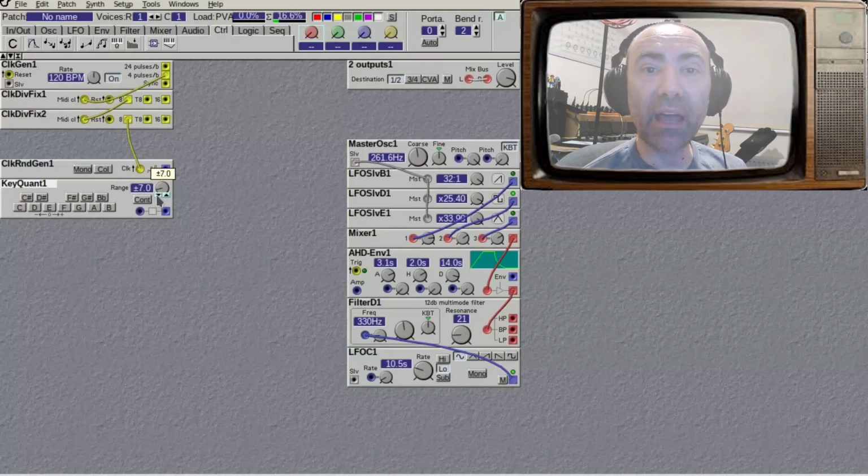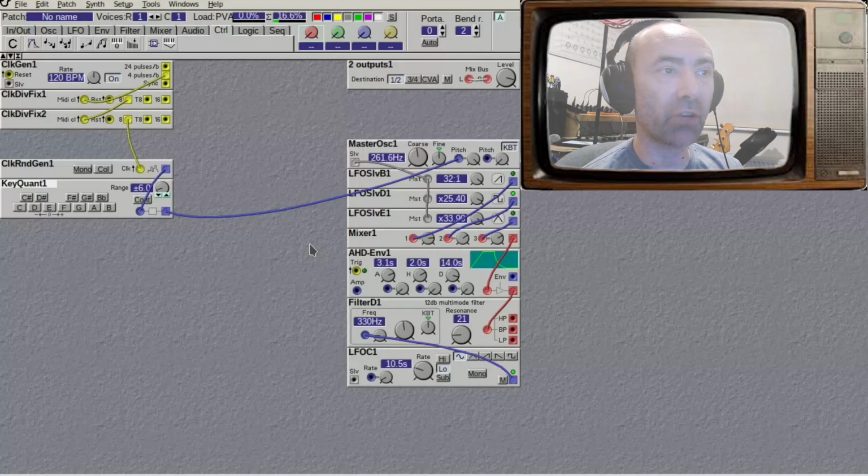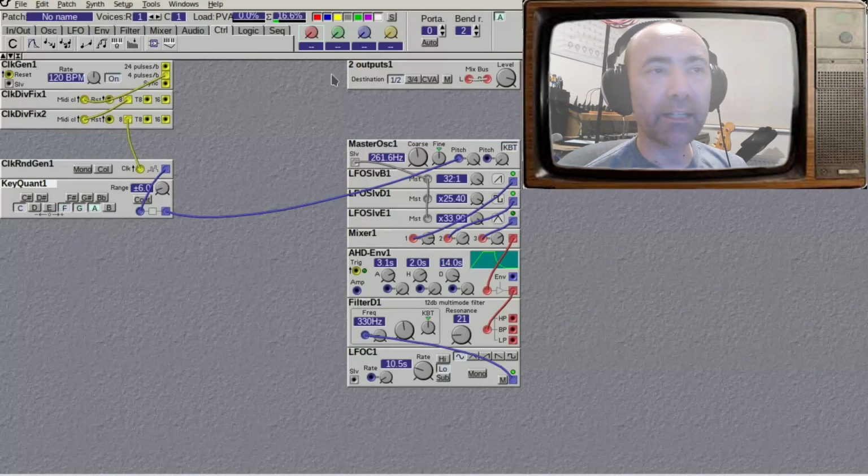So there are 12 possible semitones, and that generator goes into there, and this generator plugs into the pitch. So that's our note going on. Of course we wouldn't hear anything yet because the envelope is not getting triggered, and we need to pick the notes, and I think C, F, G and A,